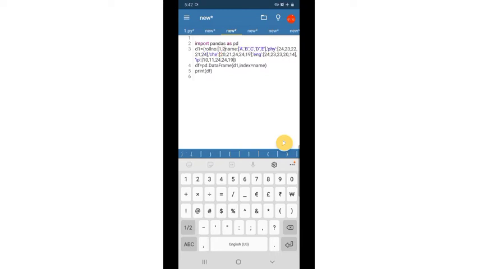Bracket 1, 2, 3, 4, 5, because 5 students are there. Roll number is 1 to 5.